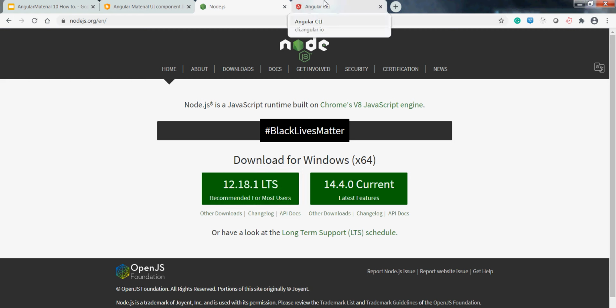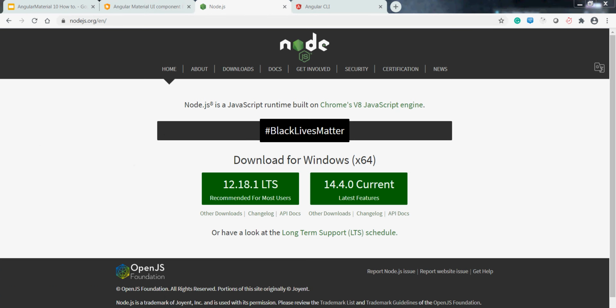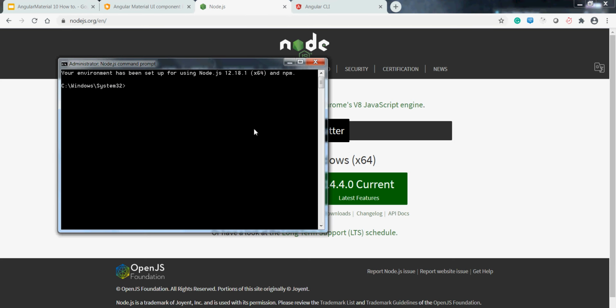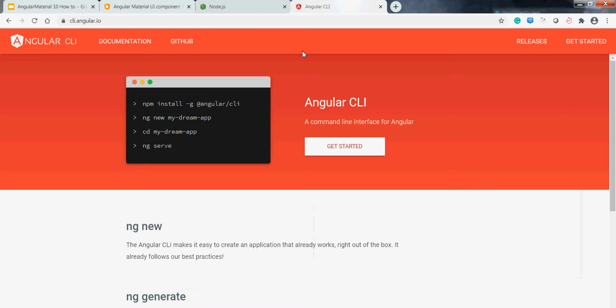The second thing we need to install after installing Node is the Angular CLI. You can type Node.js command prompt. Here the Node.js command prompt is running for me, so you can check my version. Once you have installed Node.js, you need to install the Angular CLI.